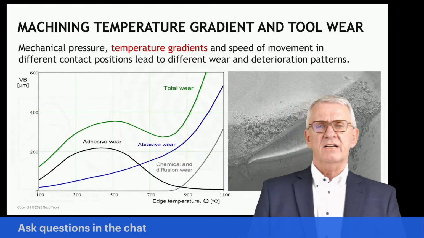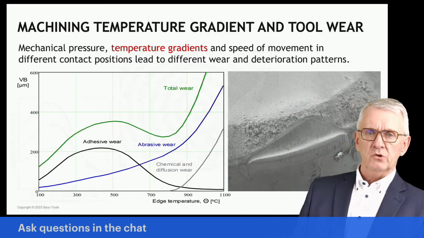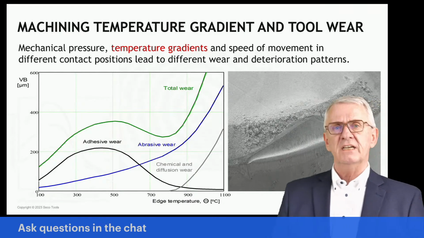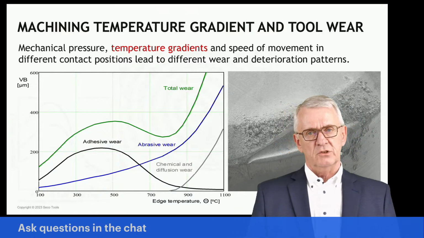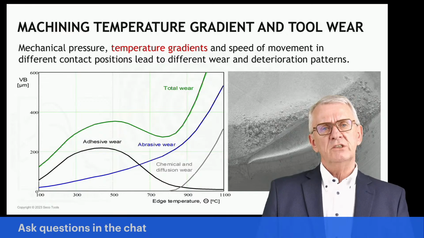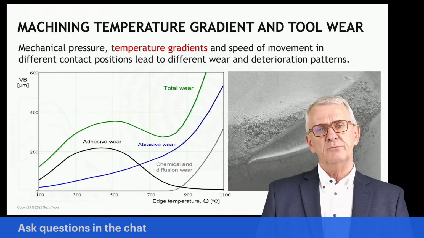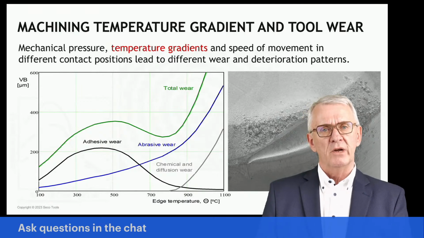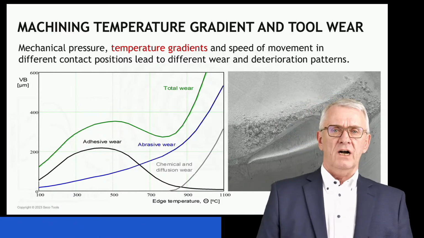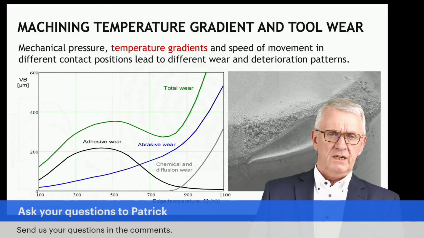And that is what this diagram shows. I think this is one of the most beautiful diagrams in machining. I have to admit also one of the least understood diagrams in machining. What you see here horizontally is different temperatures. And what you see vertically is the appearance of different types of tribological effects, different types of wear phenomena. You see from lower temperatures to higher temperatures, from left to right,